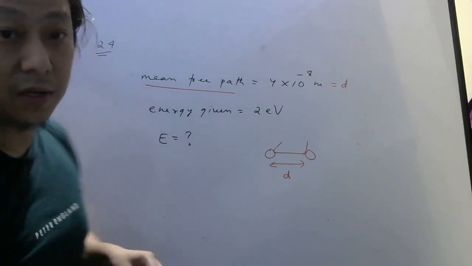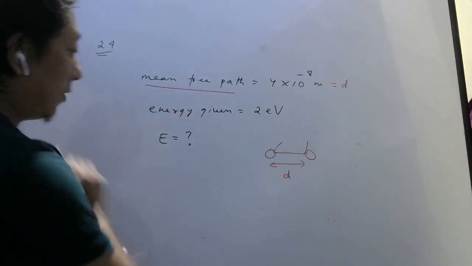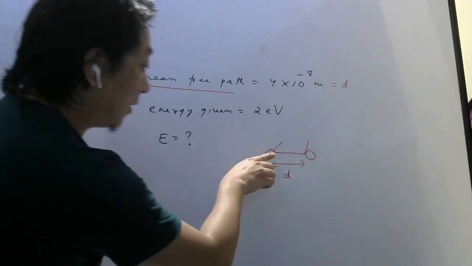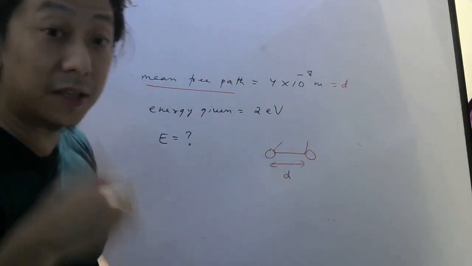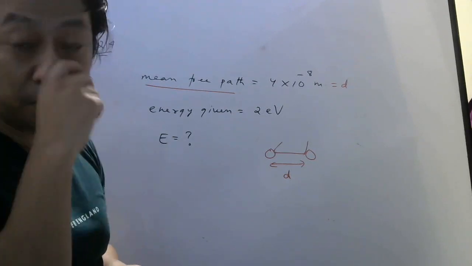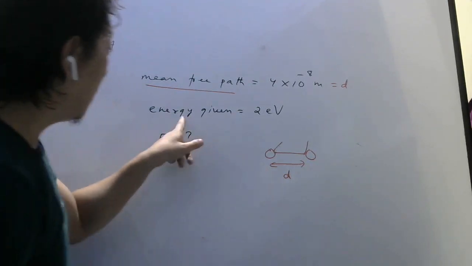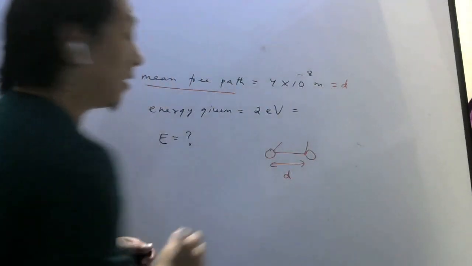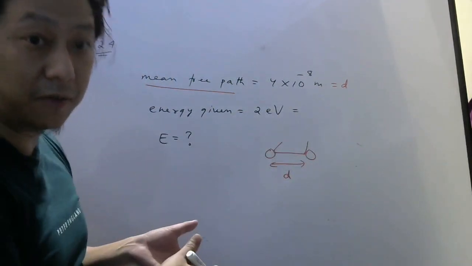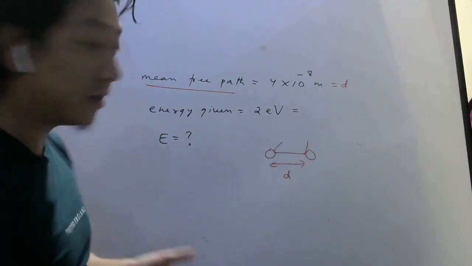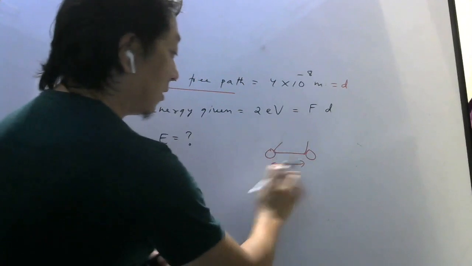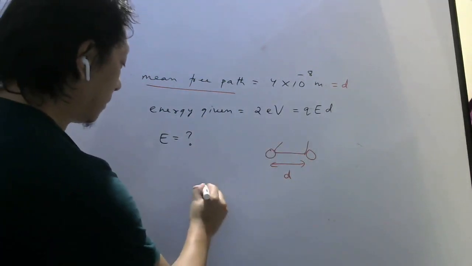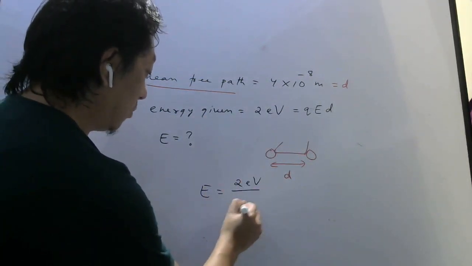Now, listen carefully. This electric field will accelerate the electron during this interval, as I have told you in the theory classes. Accelerate means its velocity and speed will increase, so kinetic energy will increase. The kinetic energy given by the electric field is 2 eV. Whatever energy is given, I can write as work done by the electric field. Work done is force into distance, and force is Q into E. So E will be